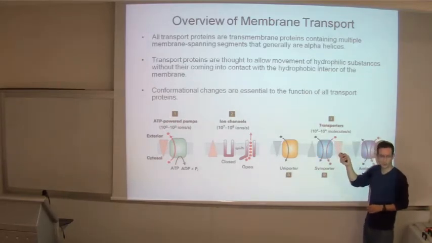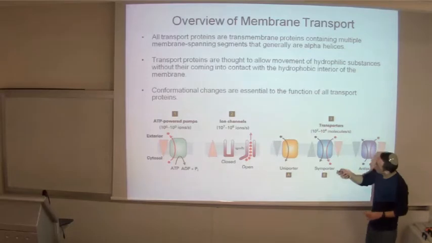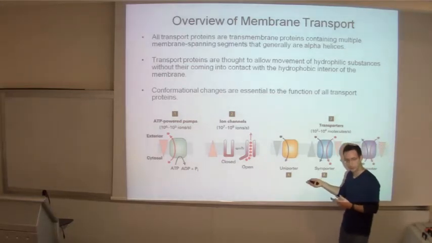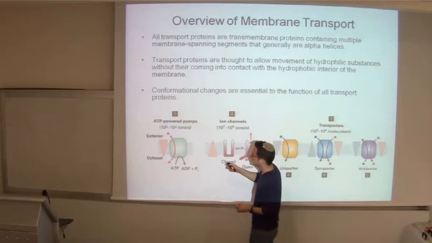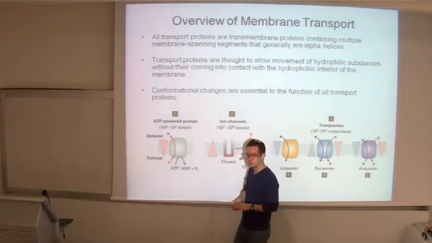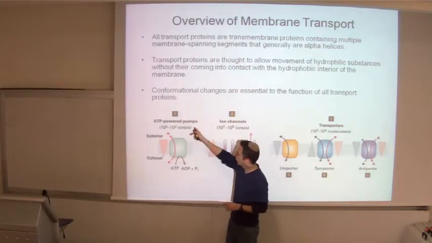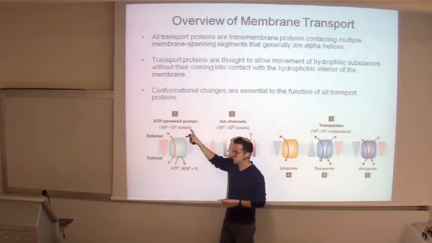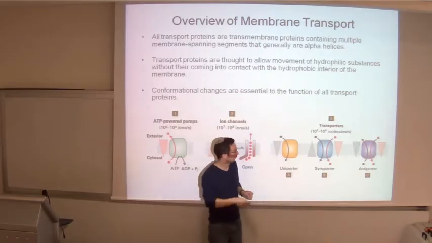they are simply called transporters, as the whole family is called, but these are transporters that are either uniporters, symporters, or antiporters. Okay, we'll see each one of these in the chapter later on today, but for now, just appreciate the rate at which each transporter transports ions or other molecules. So the ATP-powered pumps are the slowest. They can transport between a single ion and 1,000 ions per second, compared to